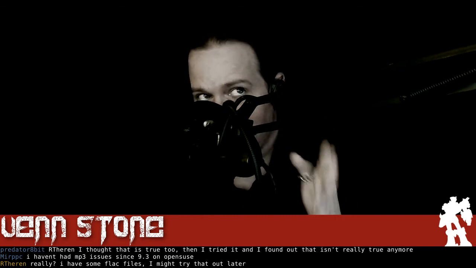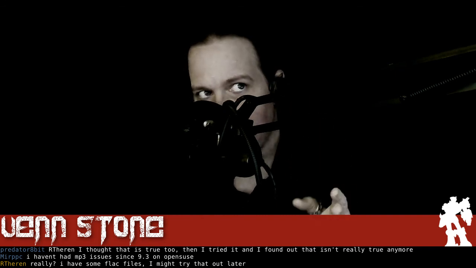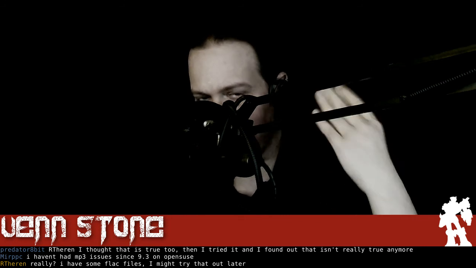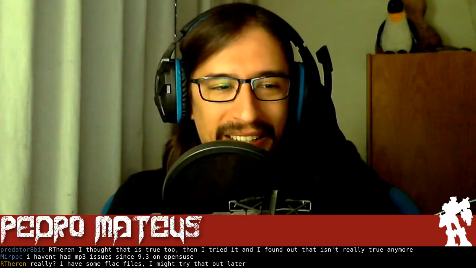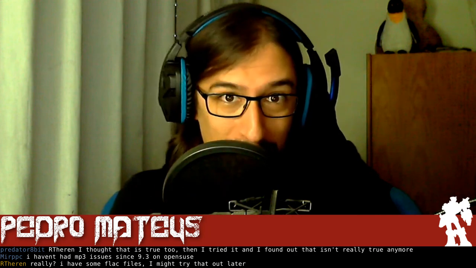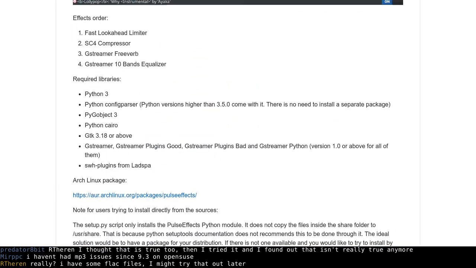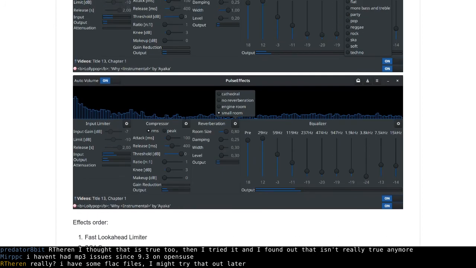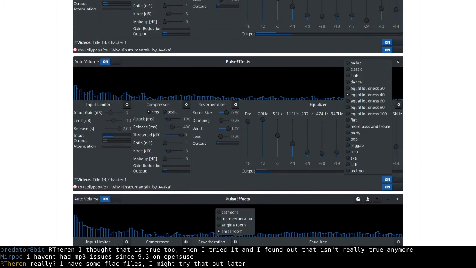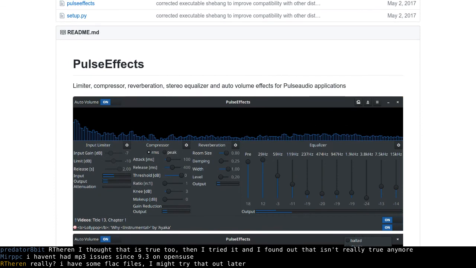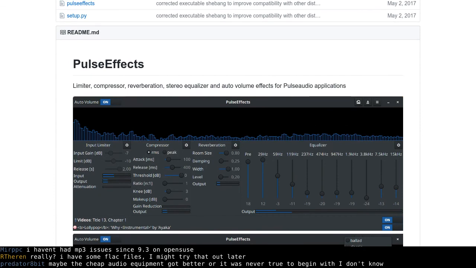But if this Pulse Effects pulls this off, Ben, I'm personally going to owe them a throne made out of the skulls of their enemy, man. They do have one option, as you can see in the screenshots, called Input Limiter. I tried futzing around with it, but it didn't seem to do anything. Yes, you can limit just how high it can go, but I didn't actually test to see if it would limit it in the case of Jitsi.